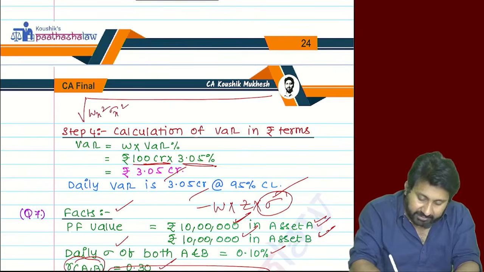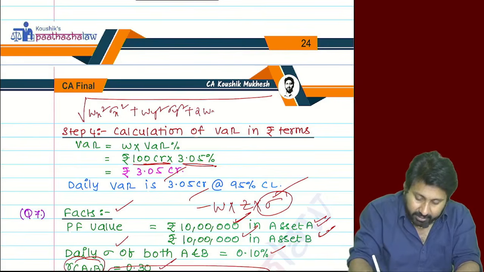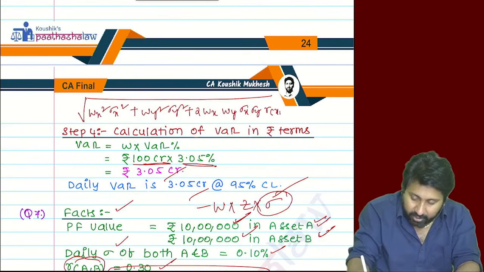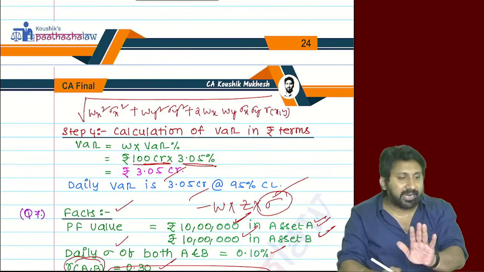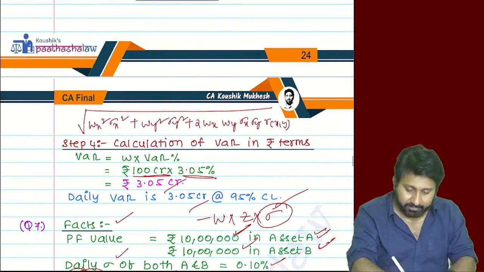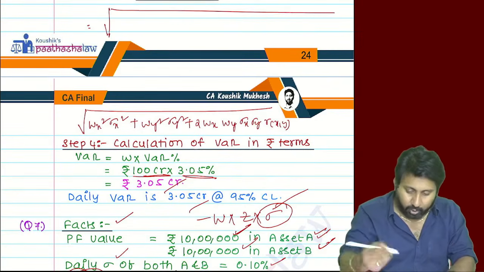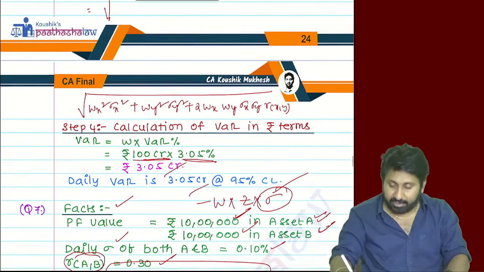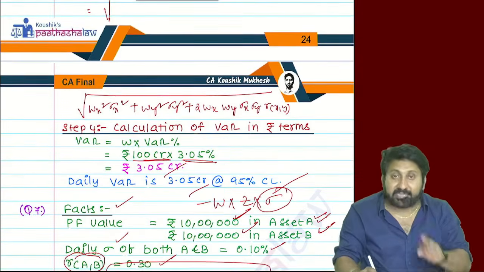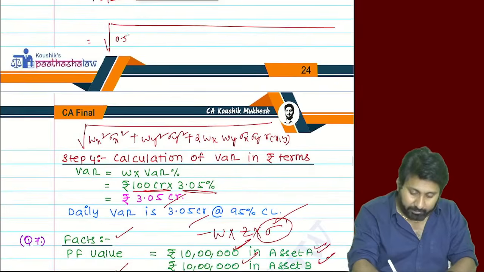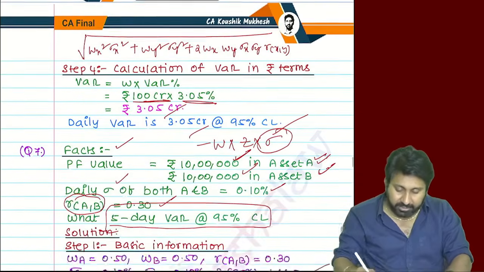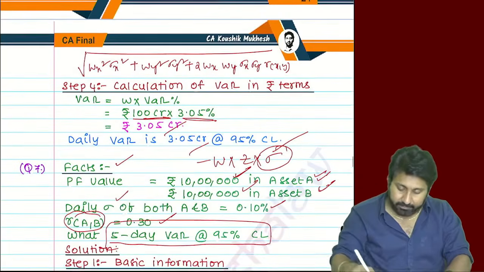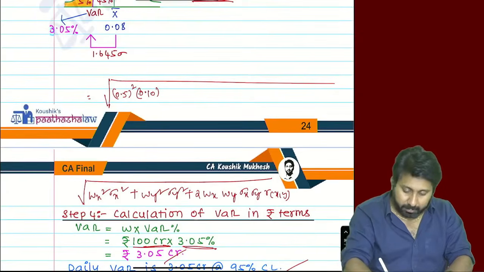Wx square sigma x square, plus Wy square sigma y square, plus 2 Wx Wy sigma x sigma y correlation of xy. Not that great a formula, like (a plus b) whole square with correlation. Wx means the amount, weight of A. X here means A. 20 lakhs, 10 lakhs is A. 0.5 square into standard deviation of A, 0.1 square,